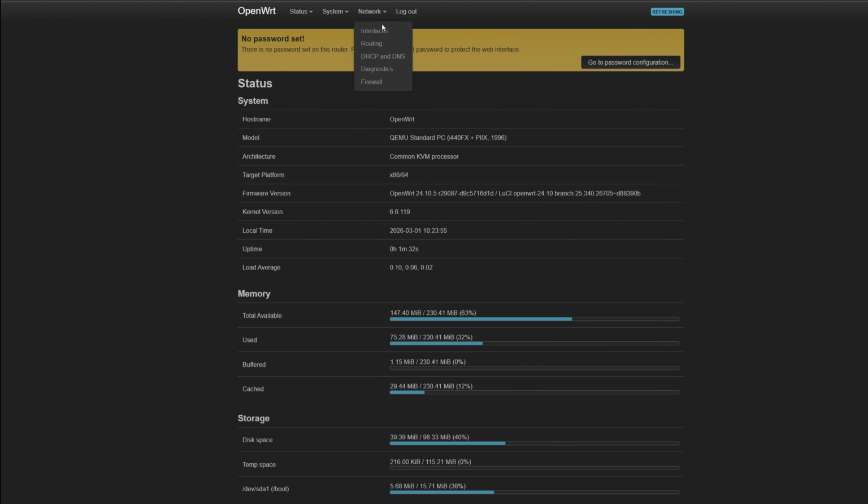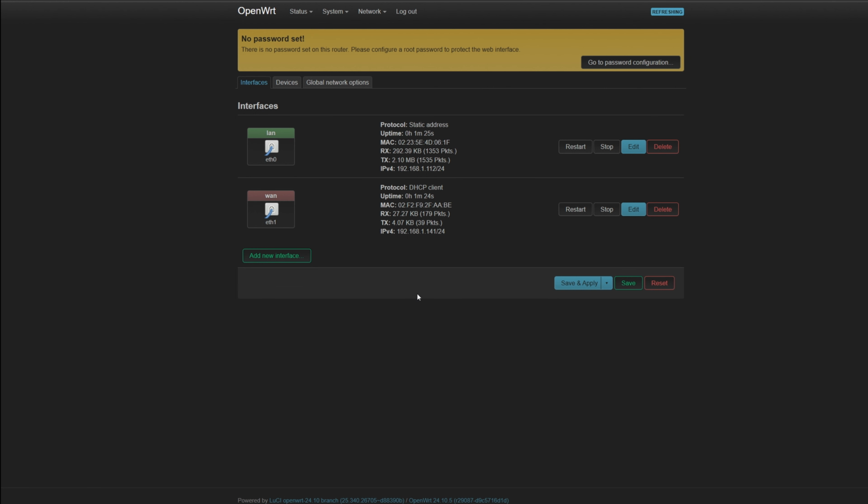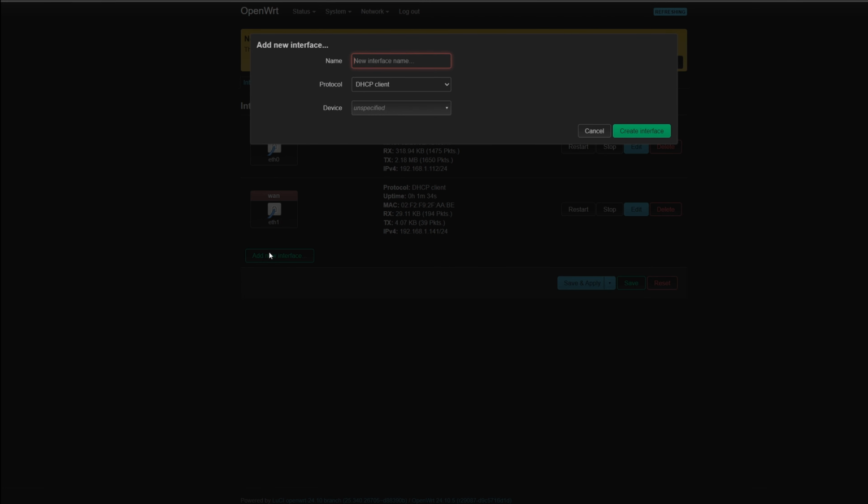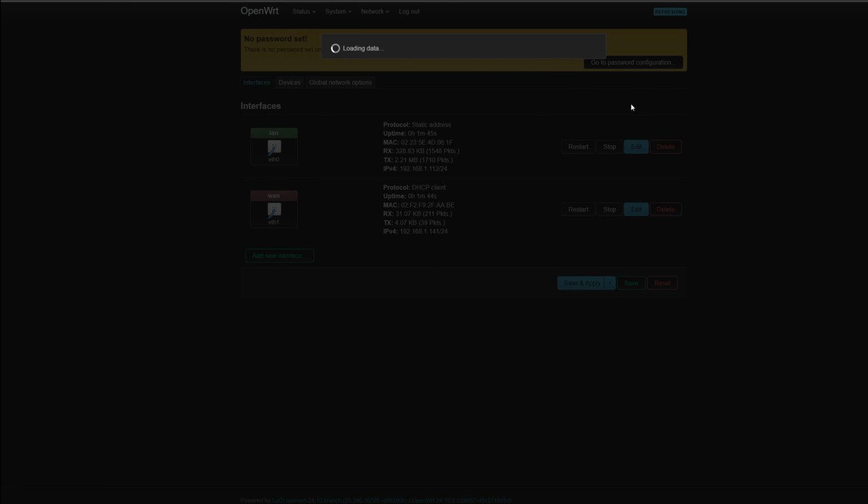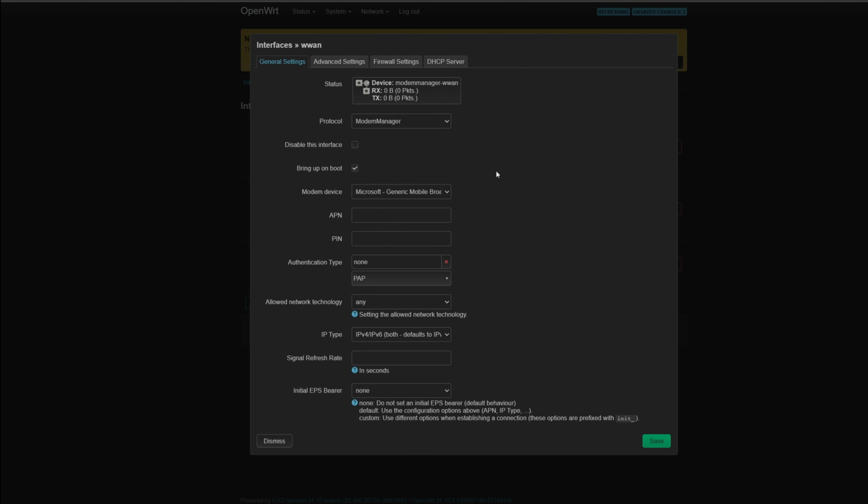Okay, so now I have to go to the interfaces, and as you can see, there is LAN and WAN interface. Generally those are bridged just because the OpenWrt needs to have something connected and get internet from the WAN. But whatever, we press add new interface. We can name it like WAN. We select modem manager and we click create interface,